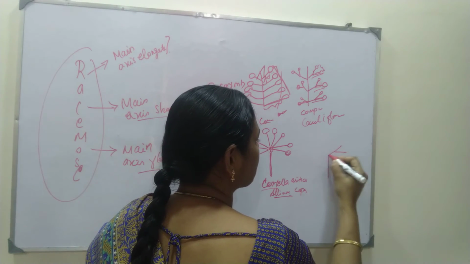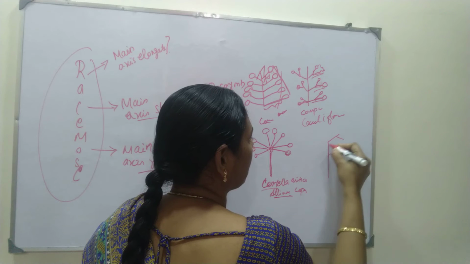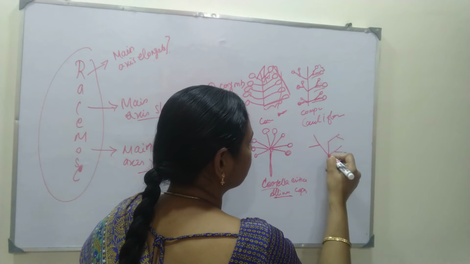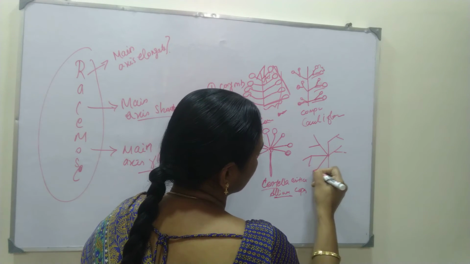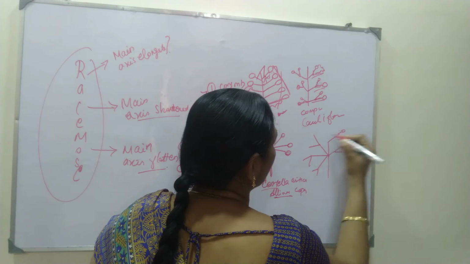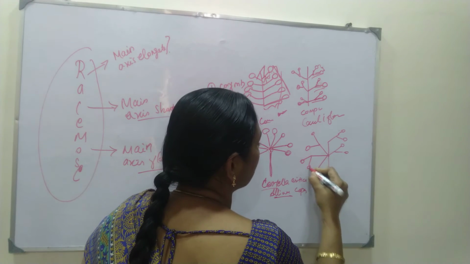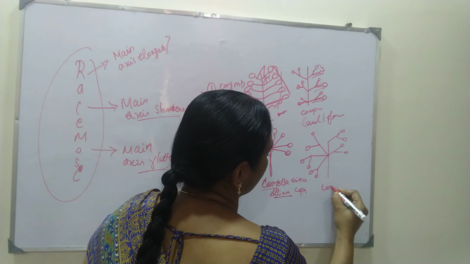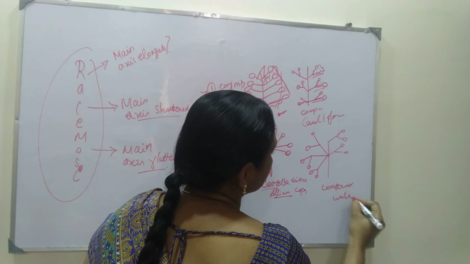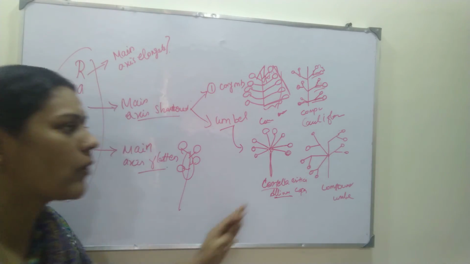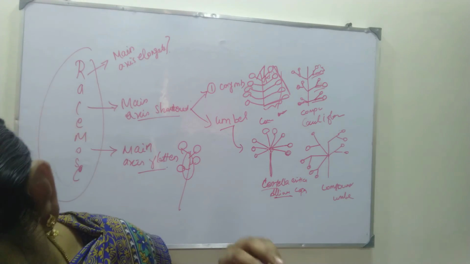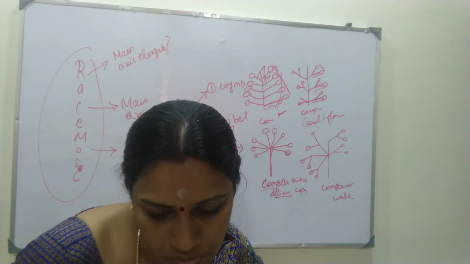There is one more type. If the same thing is arranged in a branch, everything is arranged at a common point, but here the same umbel arises with branches. Everything is the same umbel, but it goes with branches. This is called compound umbel. The same umbel arising with the branch is called compound umbel. This is very, very important. Compound umbel also has examples for you.